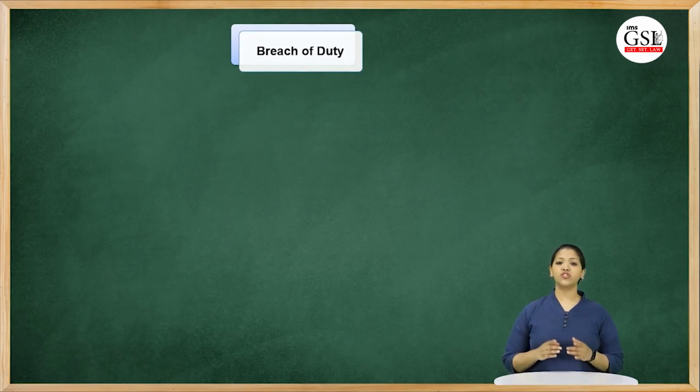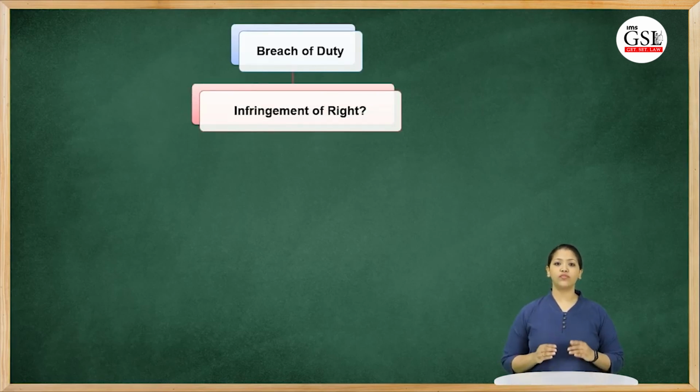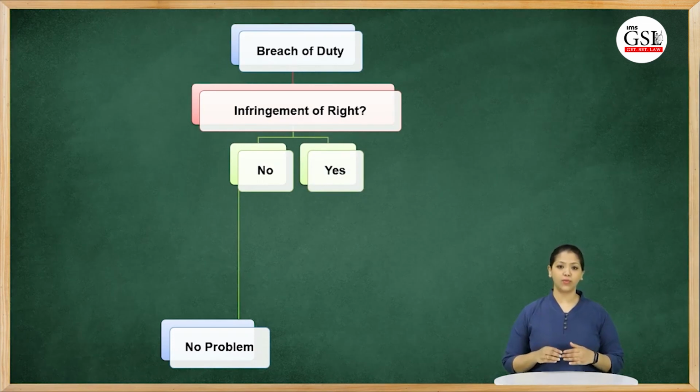But to get from breach of duty to legal injury, that's a long road. After the breach of duty, the first thing to be seen is whether such a breach caused an infringement of the right of any person. A person does not heed a red light in the middle of the night because no one is around. This is a breach of duty. If the person breaking the signal is not caught and does not hurt anyone, it does not matter. If a breach of duty does not infringe on the right of a person, there is nothing to worry about. But if the breach of duty does infringe on the right of others, then you may have a problem. May. It is not definite yet.